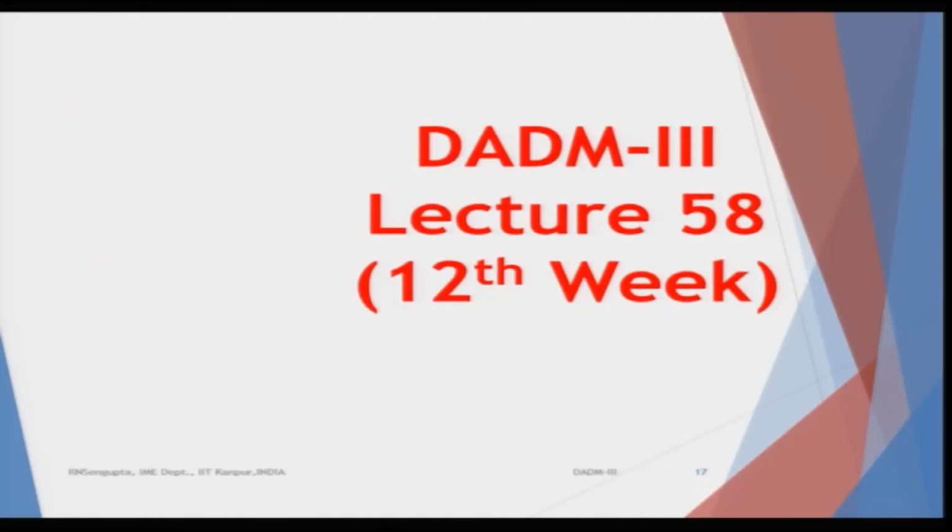The total course duration is 12 weeks, which when converted into contact hours is 30, and when spread into lectures is 60, which means each lecture is half an hour. After each week, where we have 5 classes of half an hour each, we have assignments, and after the 12 assignments, which is the end of the course, we have the final examination. As you can see from the slide, we are in the 12th week and in the 58th lecture. That means we have 58, 59, 60 to go.